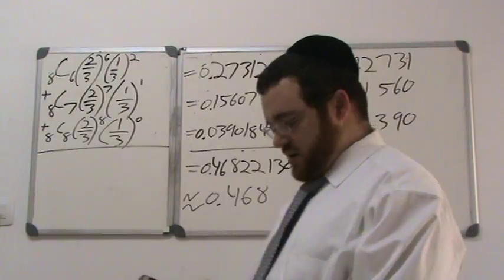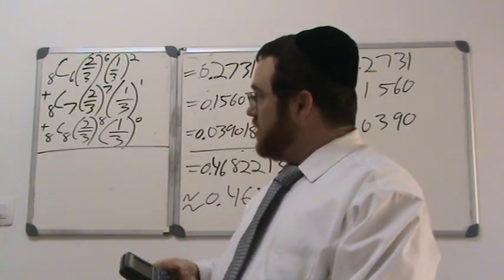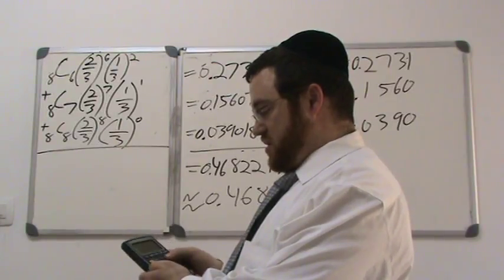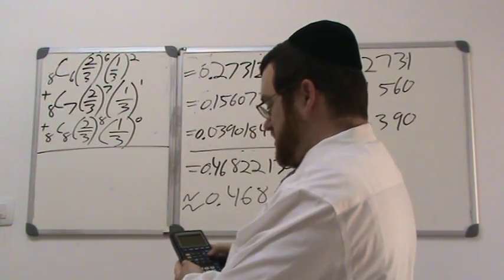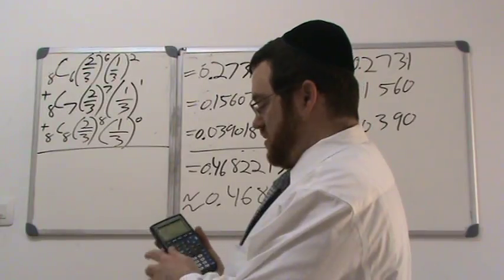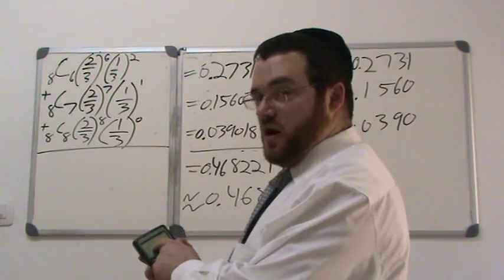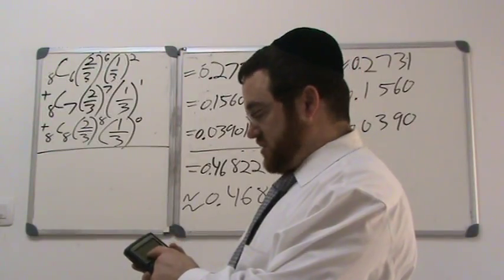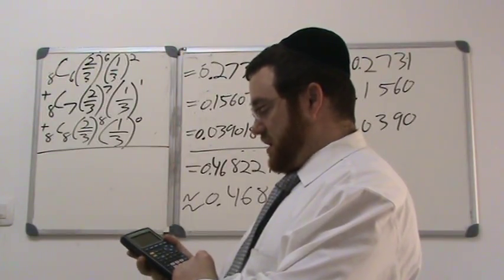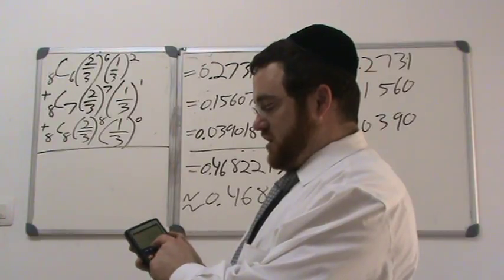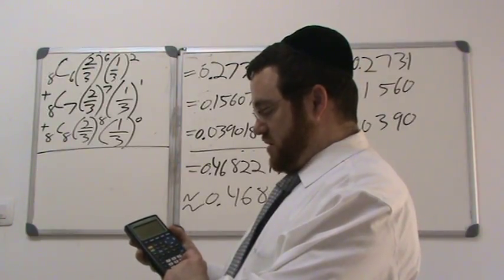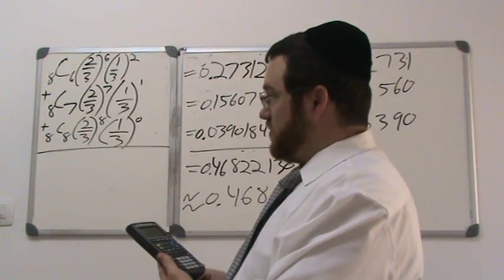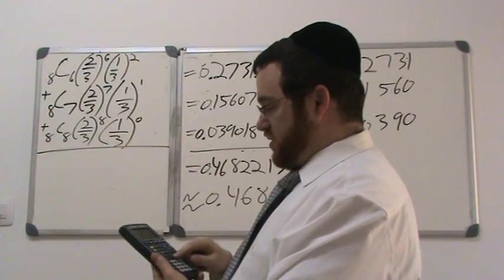You open up your calculator, you do first 8, and then press the math button, press to the left once, go down twice, and press enter when you're on nCr. That's 8 combination of 6 times. So press enter, and when you have 8 nCr on your calculator, press 6, and then press enter. So that will equal 28. And then multiplied by